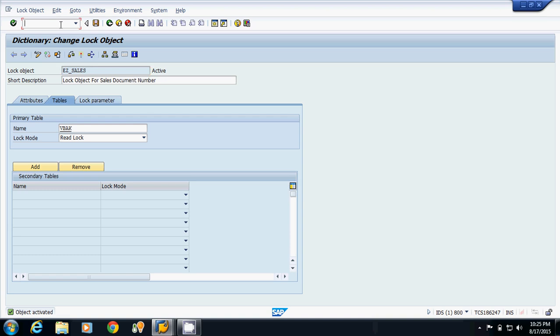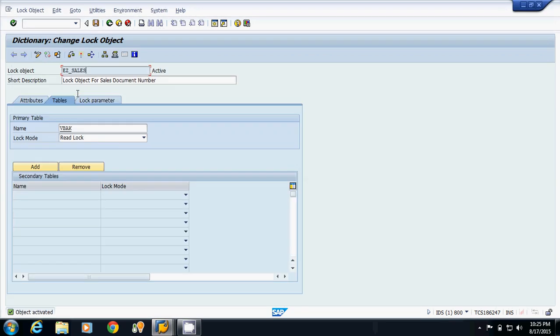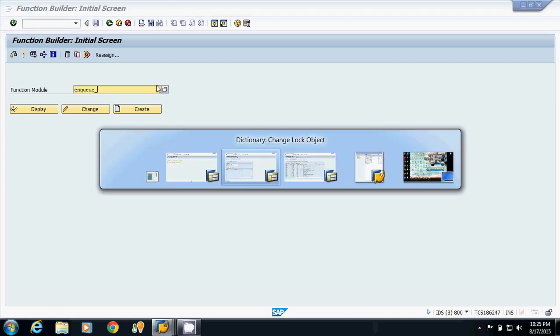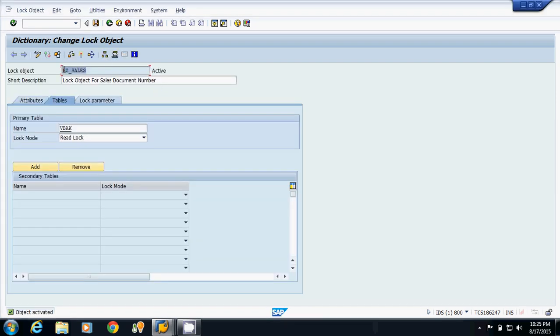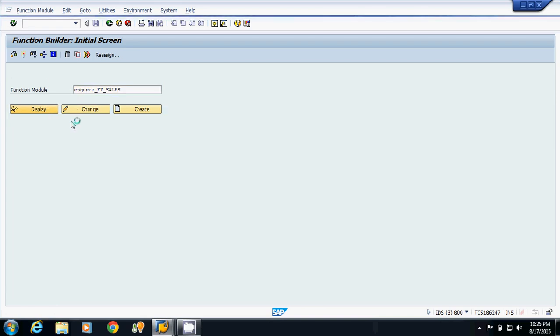Now we will move on to the SE37 transaction code, and here we will see the two function modules which are generated by SAP. First one is NQ underscore lock object name, so ENQUEUE underscore our lock object name, EZ underscore sales. This is my first function module, which is used for locking.